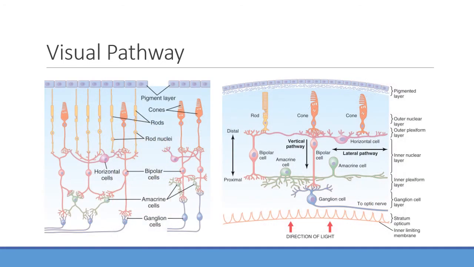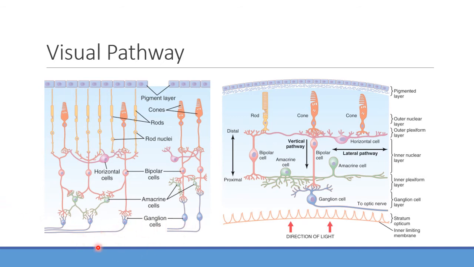And then finally, towards the back of the eye is where we're going to be getting into that pigmented epithelium. You can see right here, again, it should be pretty darkly colored. You're going to be seeing your rods and cones, and then there's going to be a series of nerves that's going to be traveling to and sending signals to, and we'll get into more detail on that in a few minutes here. But eventually it's going to hit these ganglion cells, and this is what's going to be working with the optic nerve. So it's going to be sending that signal to the optic nerve up into the brain.